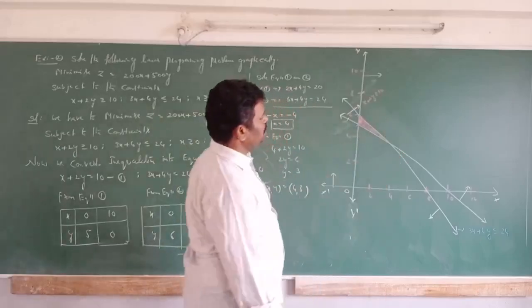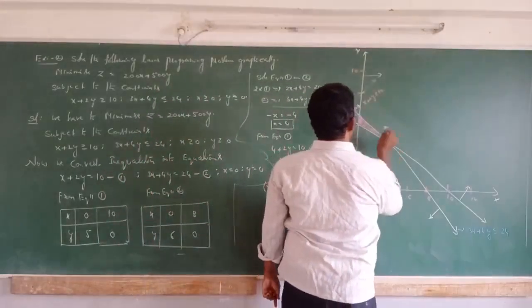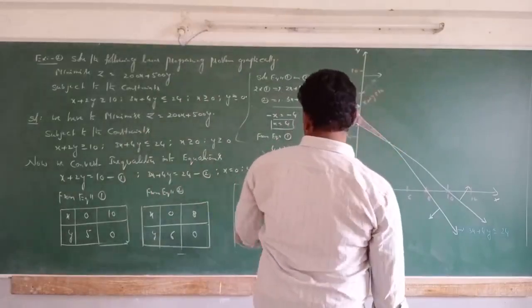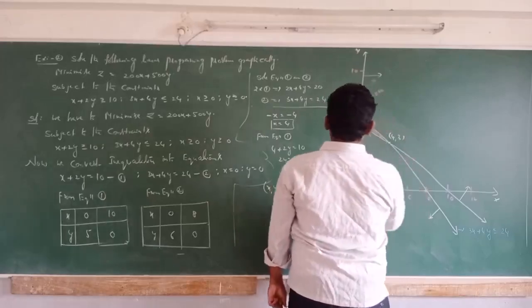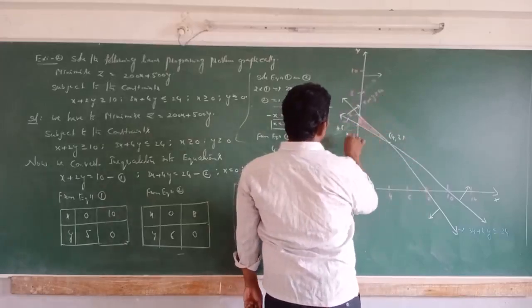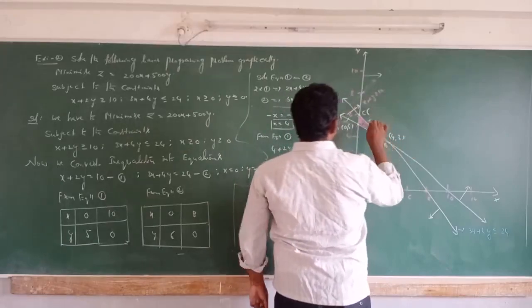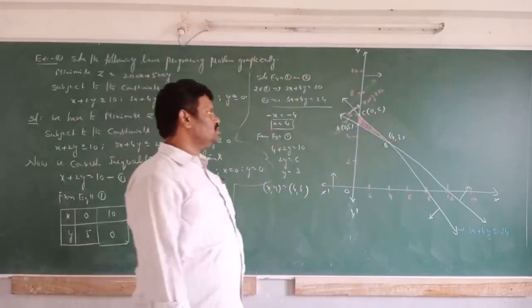So this represents the common region. Now these are the common points. Which are the common points? These three are the common points. So this point is already solved, now (3, 4, 3) this point. And this point is A of (0, 5), and this value B, and C of this value (0, 6). Okay? So this is also bounded.